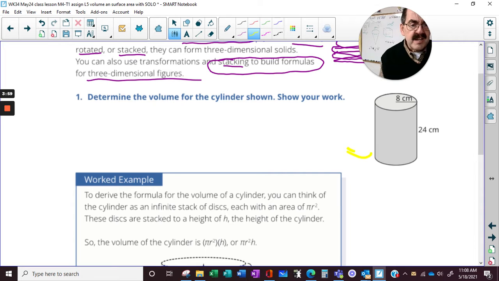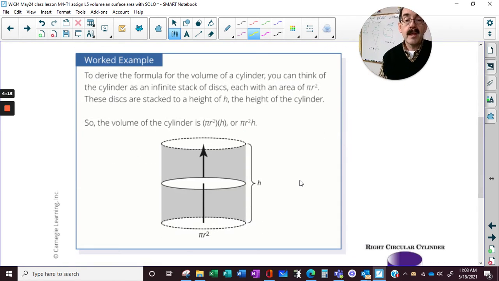Stack, stack, stack, stack, right? Picture a bunch of coins, picture a bunch of poker chips, picture Pringles, potato chips, just stack them, stack them. And we end up with our formula, how many of them? H amount. Okay, so the volume of a cylinder,